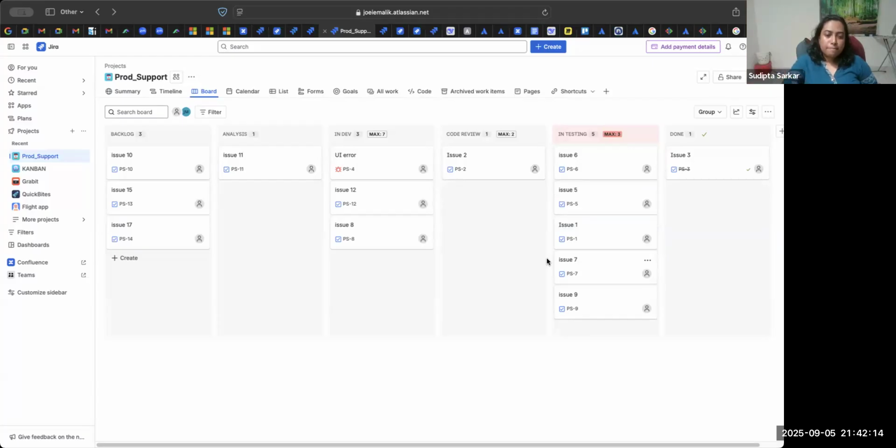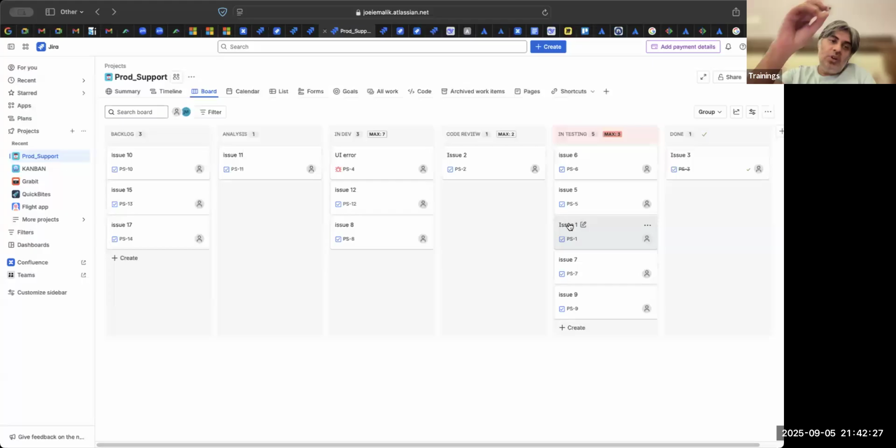Either we get another QA on a shared basis or a loan, or we ask Sudipta that, Sudipta, can you train our devs into some sort of basic QA training so that they can run these tests and find out if there are issues or not. So those are our 2 options.